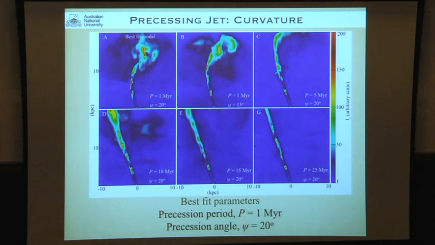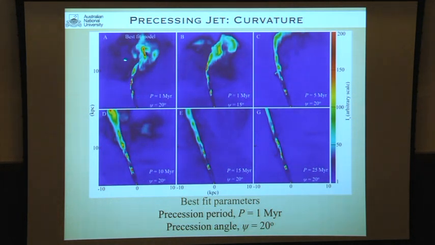So now we focus on the complex morphology of the jet in the inner 30 kiloparsec. So this is a synthetic radio image for 6 different models with precession period starting from 1 megayear until 25 megayear. So we see here when the precession period is large, the jet is straight until 20 kiloparsec, which is expected, and when you reduce the precession period, we get some curvature at 5 megayear, and we get a Hydra A-like